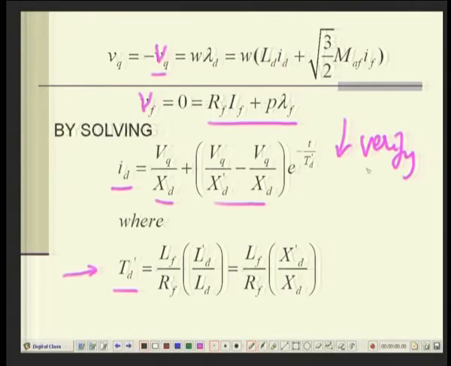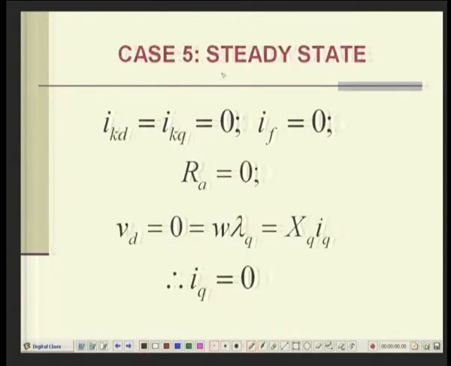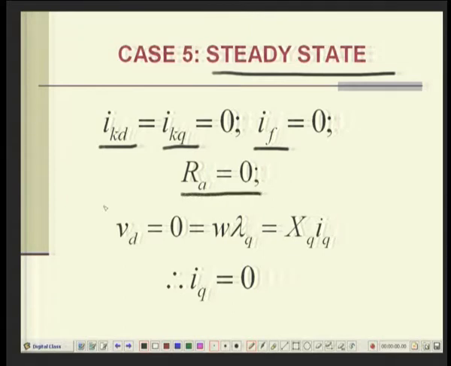So, ID you have this and TD dash is this. Okay. Now, so final steady state, you have IKD, IKQ is 0 and IF is 0, right, and RA is 0, okay, because final steady state means that IF has also reached its steady state, okay, and VD